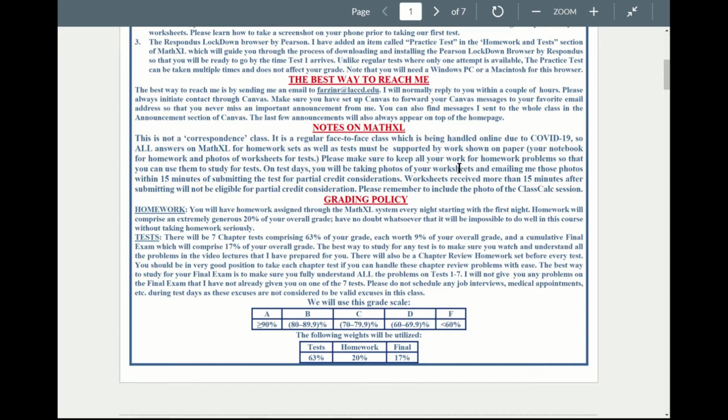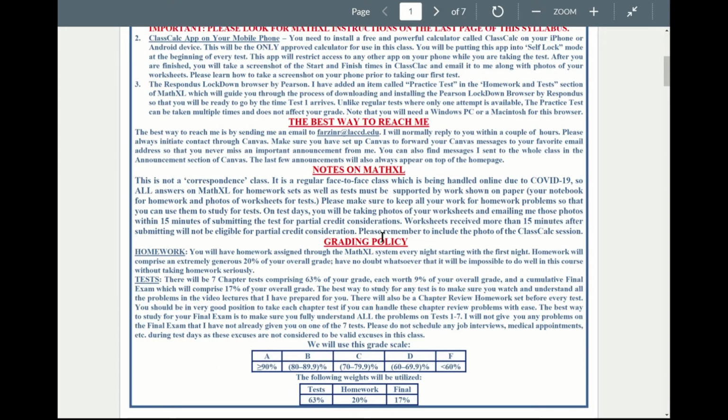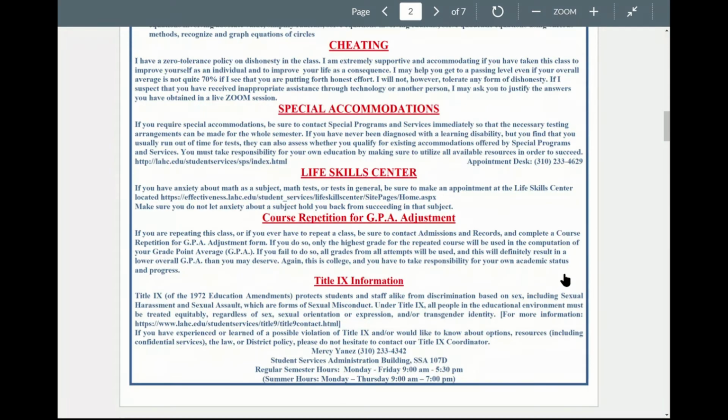At the end of the test, you'll just take a photo of those sheets and email them to me, along with the screen capture that you take from the ClassCalc app that we talked about earlier. So please continue reading this, and you'll find a ton of useful information regarding the whole term,